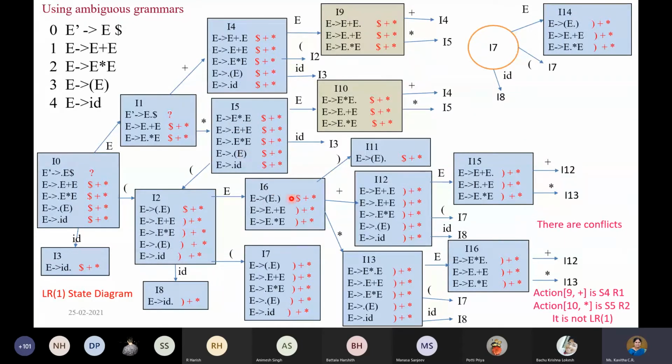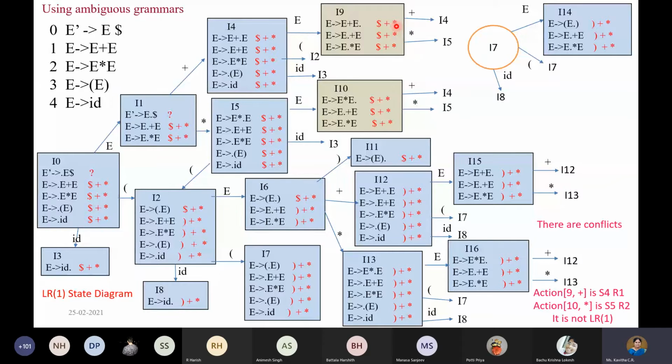And then coming to I6 also, it's only reading the symbols and going to the next state. I7 is also similar. At I8, it is eligible for reduce action for the symbols close parenthesis, plus and star. So that is I8. And coming to I9, we have one reduce action, that is rule number 1. Rule number 1 has to be applied for what all symbols? Dollar, plus and star. Okay, so if you imagine the table for this parsing table, at state number 9, on dollar symbol and plus and star symbol, we are going to put R1, that is reduce.